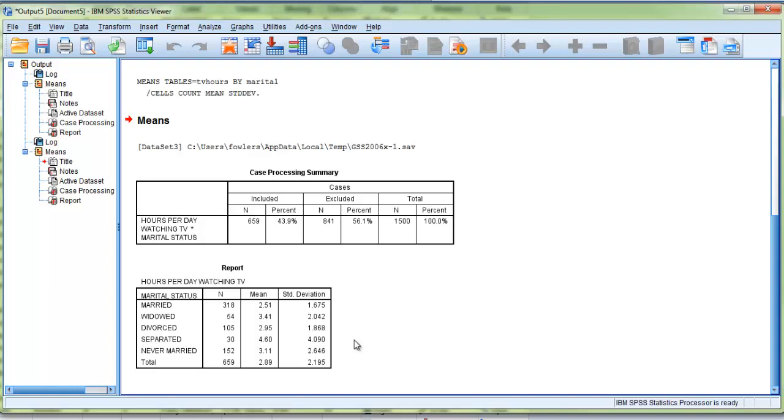Divorced people have 2.95 hours on average, and married people have 2.51 hours on average. Notice that the standard deviations are not too terribly different from one another, except for separated people. Separated people have a standard deviation of 4, which suggests their scores are much more spread about compared to